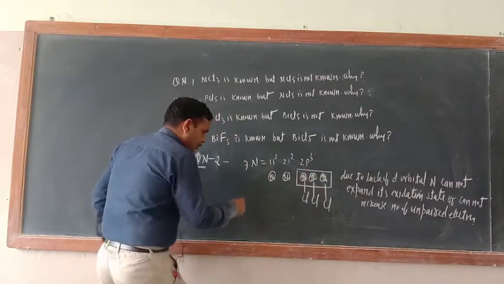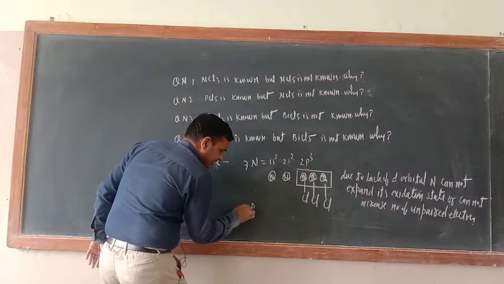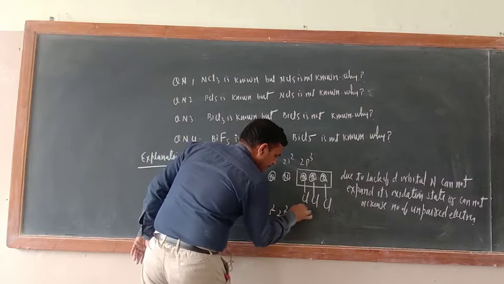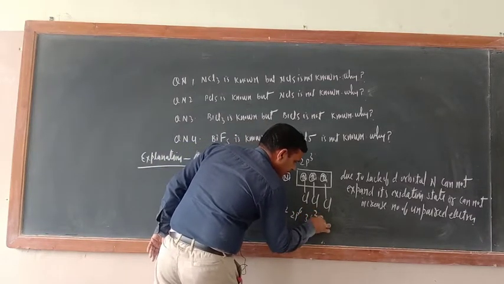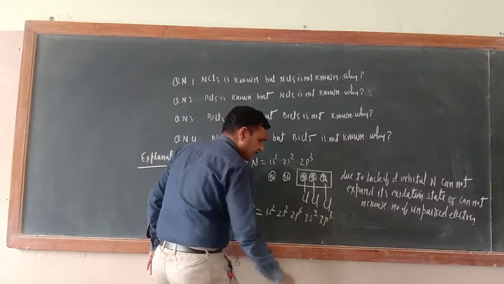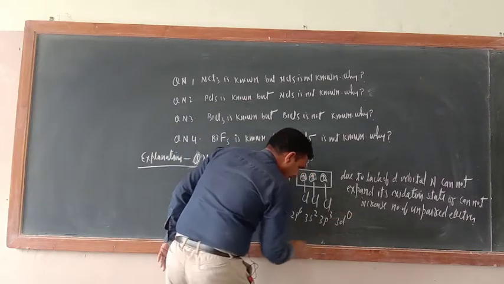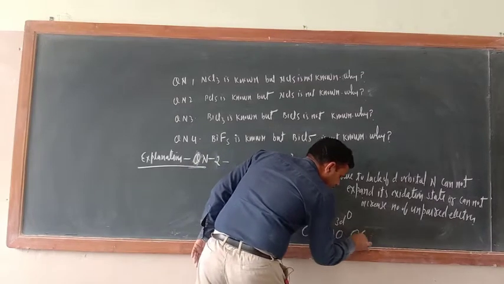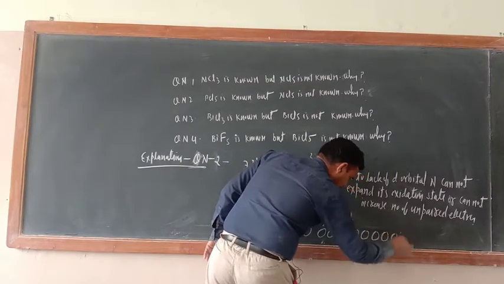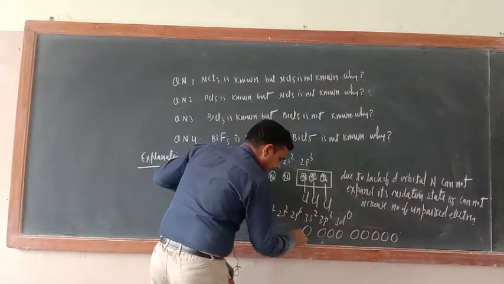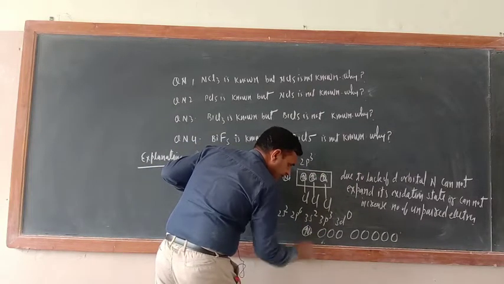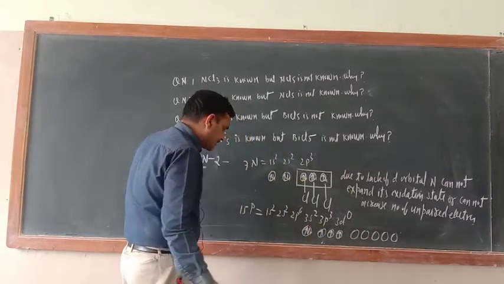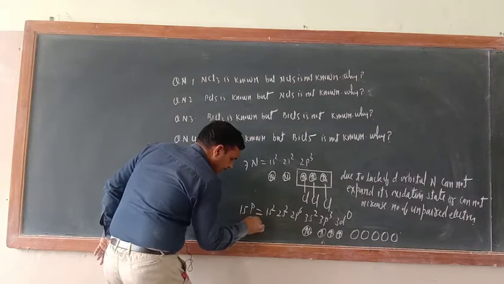See, what about phosphorus? Just see, phosphorus is 15. What is its configuration? 1s2, 2s2, 2p6, 3s2, 3p3, and 3d 0. So just try to understand. 1, 2, 3 in the 3p orbital, and 1, 2, 3, 4, 5 in the 3d. Correct or not? 3s2 electrons are there, and here 1, 2, 3 electrons. Okay, so this is the ground state.